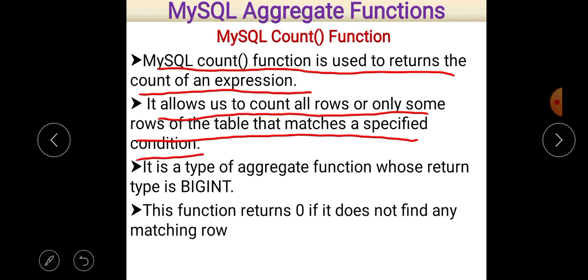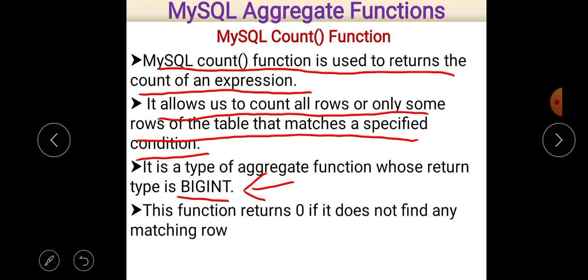Third point is, it is a type of aggregate function whose return type is bigint. That is an important question regarding MCQs: the return type of count is bigint. Next is, this function returns 0 if it does not find any matching row.